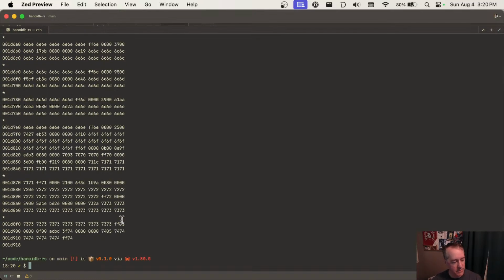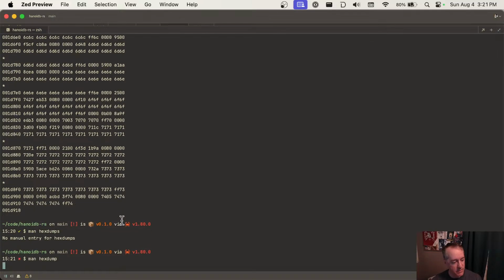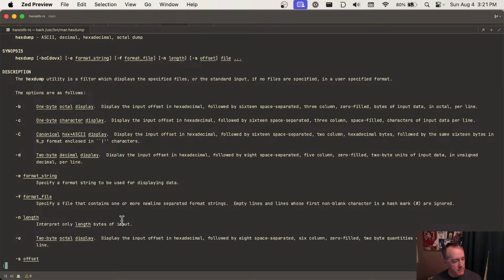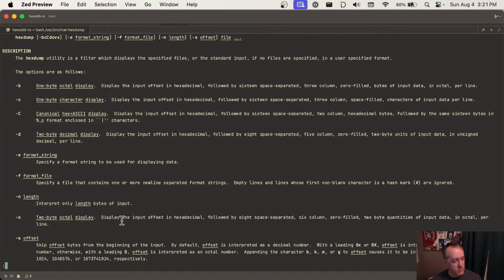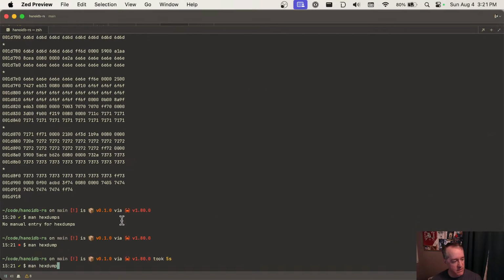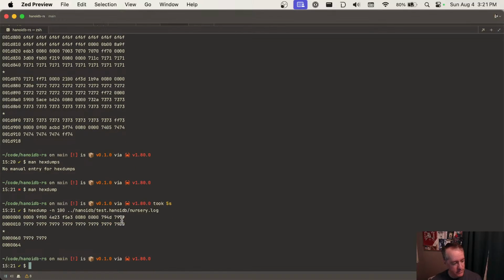Hex dump. What are your command line options? Interpret only length bytes of the input. Yeah, let's just do like 100 bytes. Okay, so